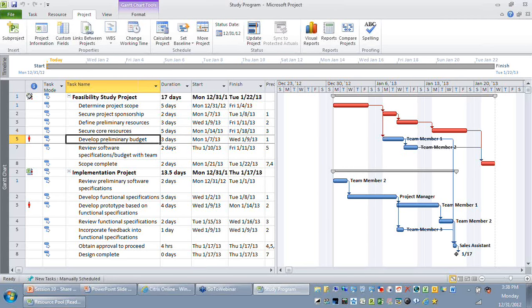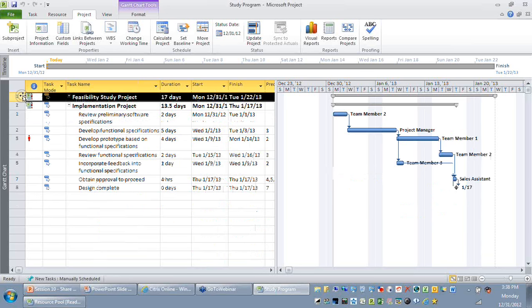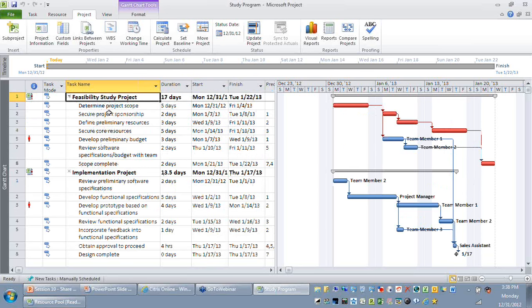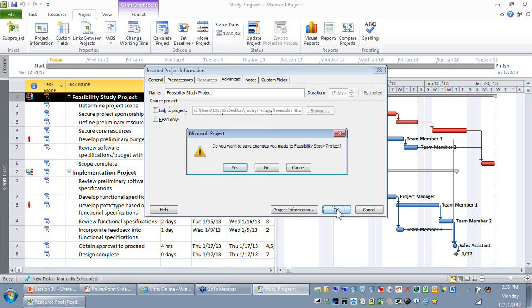For example, at a later point in time, you decide that you don't want it to be managed as sub-projects or programs. There are no project managers and you are managing everything. You can just double-click the parent and say, I need to unlink it. Remember, when you unlink it, you are breaking the relationship with that file. So naturally, that file and this will not be in sync. So when I say OK and say yes,